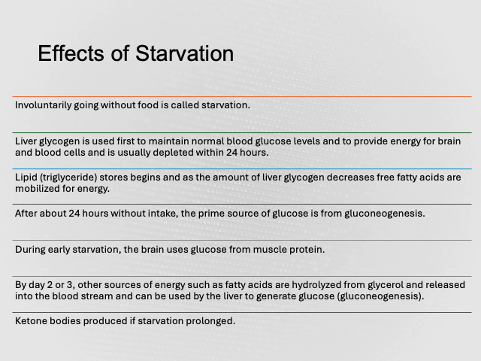This is important. Our brain cells use glucose for energy, and during early starvation, which is 2 to 3 days in, the brain uses the glucose produced from muscle protein. But as muscle protein continues to be broken down for energy, the levels of our branched-chain amino acids, sometimes referred to as the BCAAs, which are leucine, isoleucine, and valine, are going to increase in circulation. Although these branched-chain amino acids are primarily metabolized directly inside the muscle,